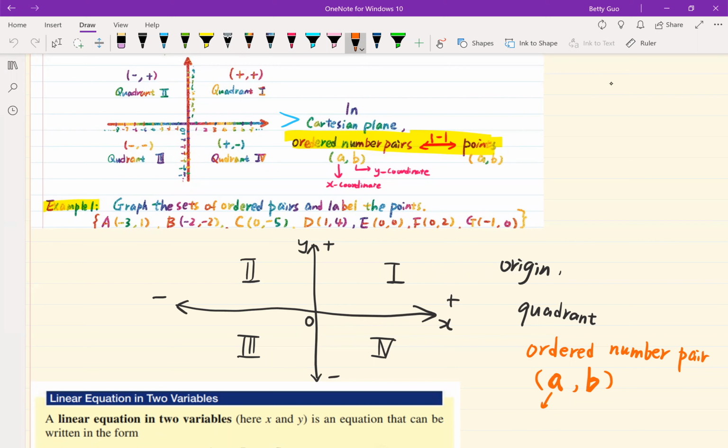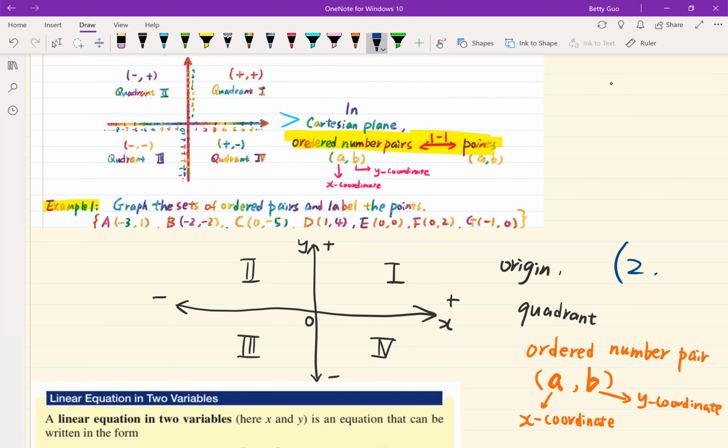The first component is called the x-coordinate. The second component is called the y-coordinate. The x-coordinate describes the horizontal displacement of the point that is represented by the ordered number pair. The y-coordinate describes the vertical displacement of the point. For example,